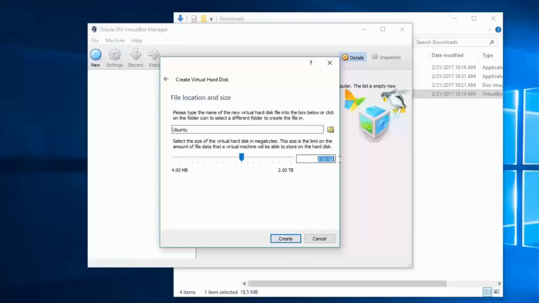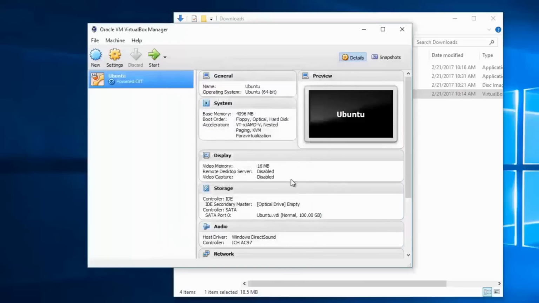Now I have to decide how big I want to allow that file to grow to. If I'd selected fixed size before, then I could specify exactly how big I want the hard disk image to be. Because I selected dynamic, I'm actually selecting how large it can become at its maximum. So I can put a relatively large number in here. I'm going to put 100 gigabytes, knowing that we're not likely to ever reach 100 gigabytes with our virtual machine, but that means that there's plenty of allowance in the file size. Go ahead and click on create, and the image has been created for us, and we now have this Ubuntu